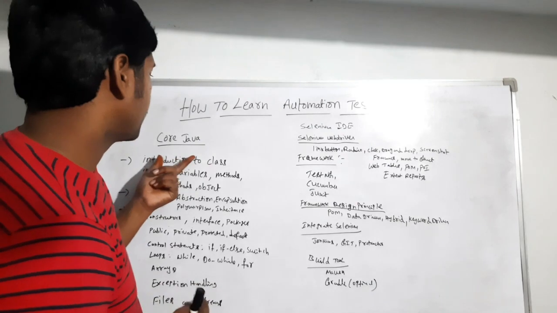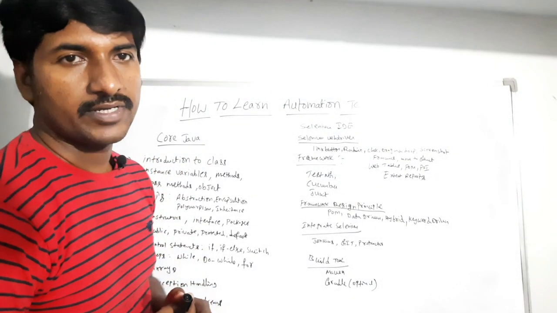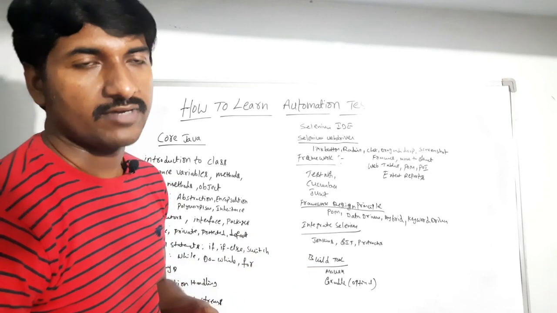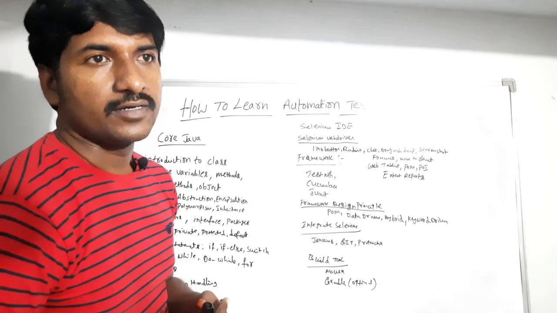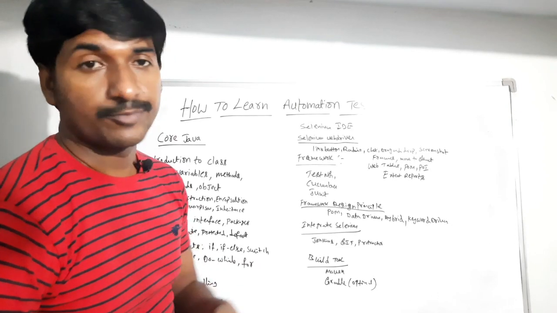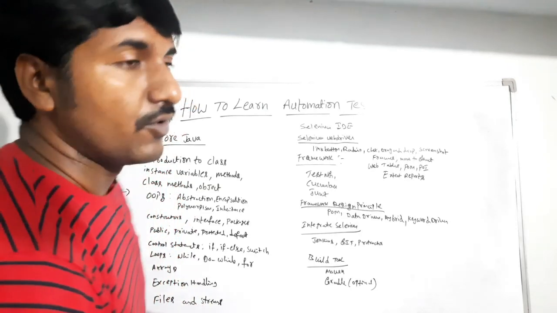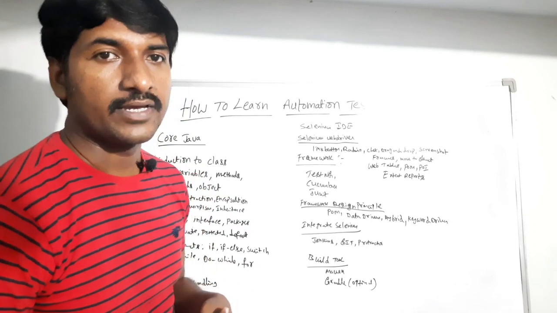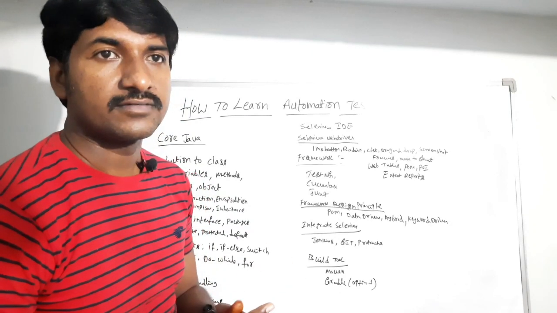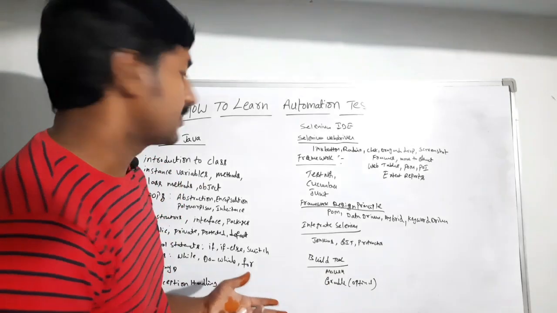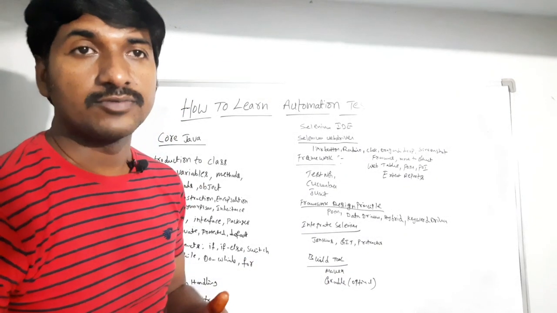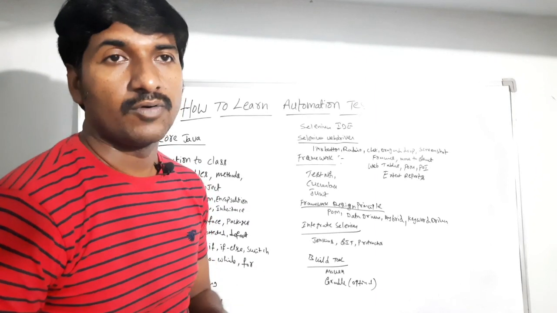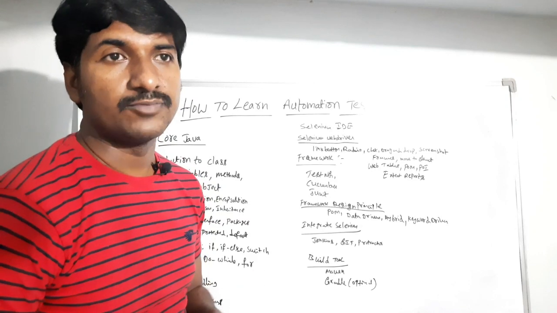First, introduction to class. Whenever they start core Java, they give an introduction to Java, and why Java is an object oriented programming language. Also, what is the difference between JVM, JDK, JRE. Then introduction of class and instance variables: what is a variable, what is an instance variable, what is a static variable, what is a local variable. And the different data types: int, boolean, char, float.